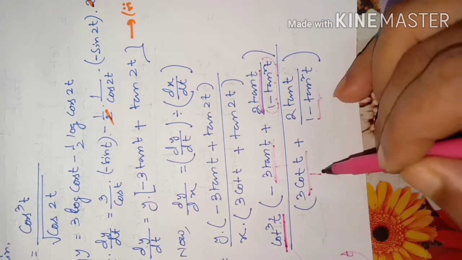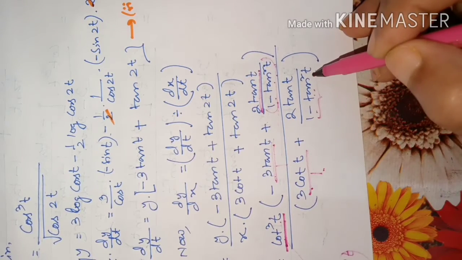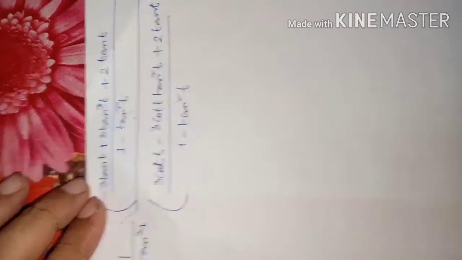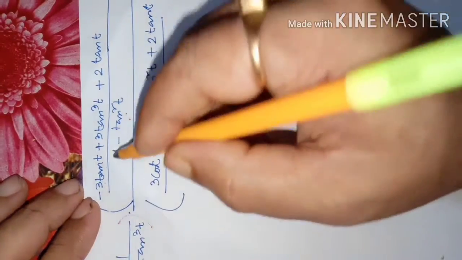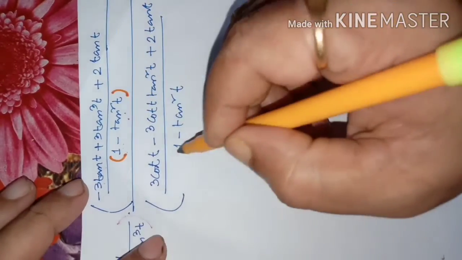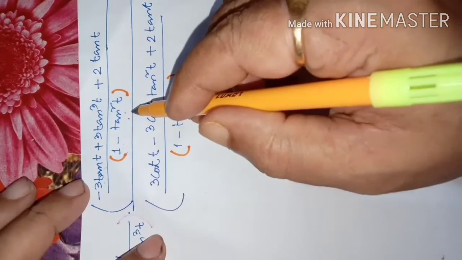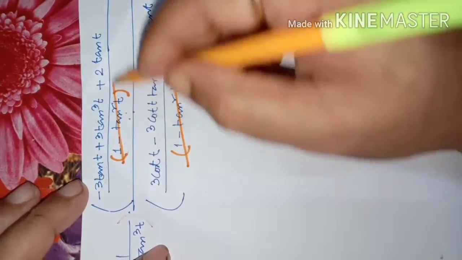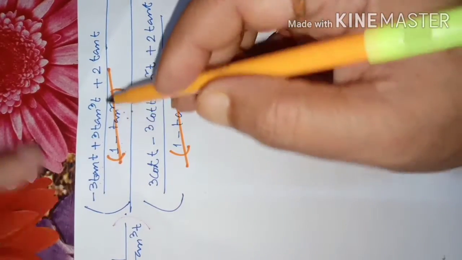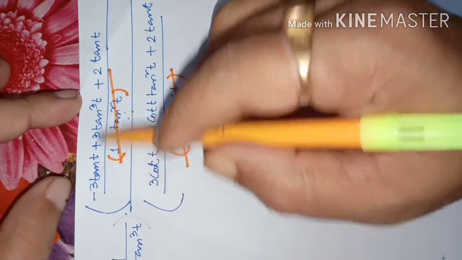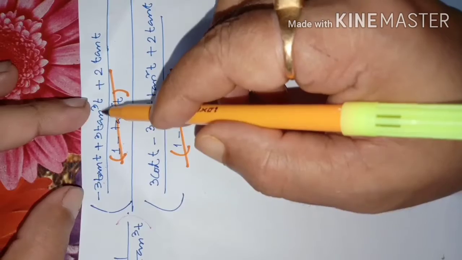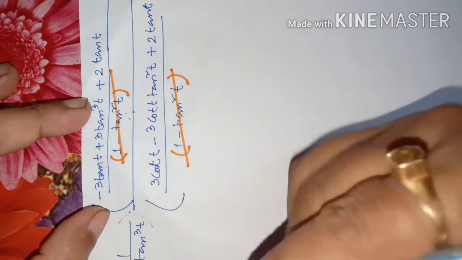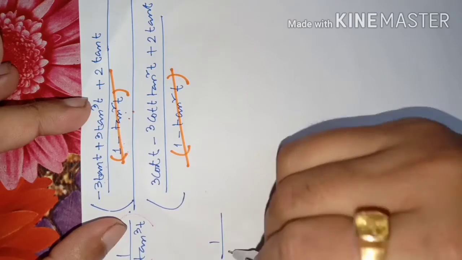Again, in the same way here, the LCM will be 1 minus tan square t, this into this and plus this one. Now we can cancel this 1 minus tan square t and 1 minus tan square t, because this is a divide sign. As you will write it as multiplication, it will become reciprocal, so this will get cancelled. Now we have here 3 tan t negative and 2 tan t positive, that means 3 tan cube t minus tan t is there. So it will be 1 by tan cube t